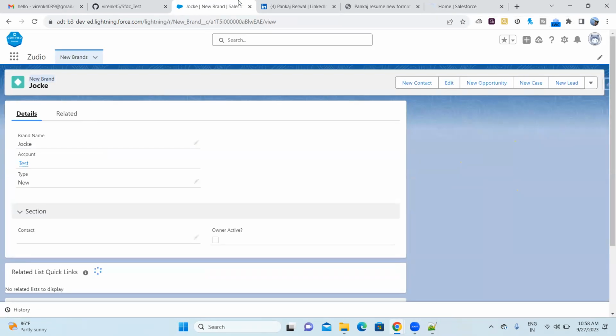Can you please move to this page? Like detail and related, right? 2 tabs you have made. So I want to make these kinds of 2 tabs, and in that tab, multiple sections are also there. So can I do that? Yeah, you can do that. Remember, I drag and dropped the section here. The same way you have to drag and drop another section and then fields in that section. Similarly, we did it in page layout also, same thing. In page layout also, you can create multiple sections and drag and drop your fields there. Same things you can do here as well.